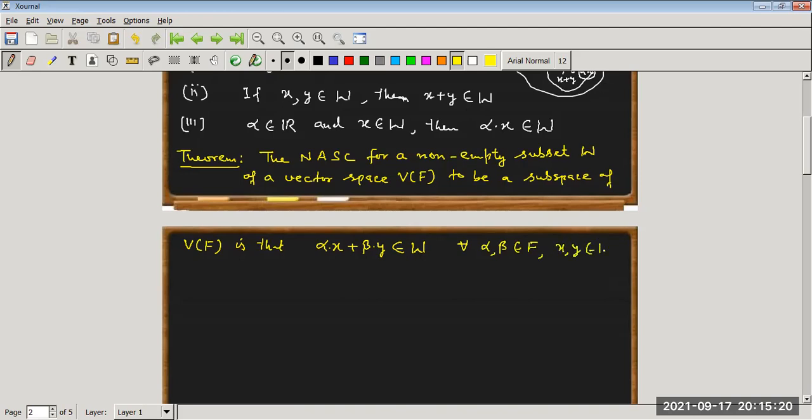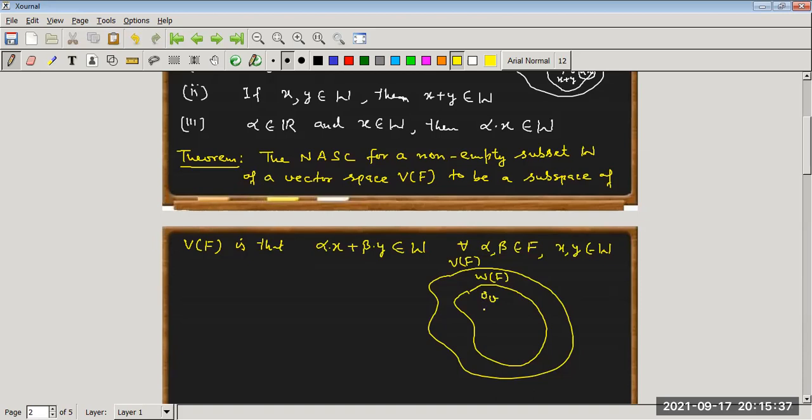That is, if this is our vector space V over field F, and this is W over the same field F. First, 0V must be in W. If x belongs to W, y belongs to W, and we have alpha and beta scalars belonging to the field, then alpha dot x is in W by the third property. And similarly, beta belongs to the field, y belongs to W, so beta dot y is also in W.